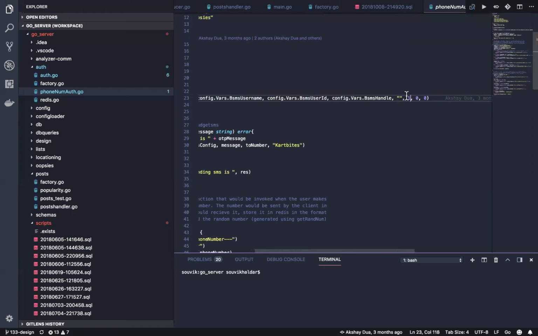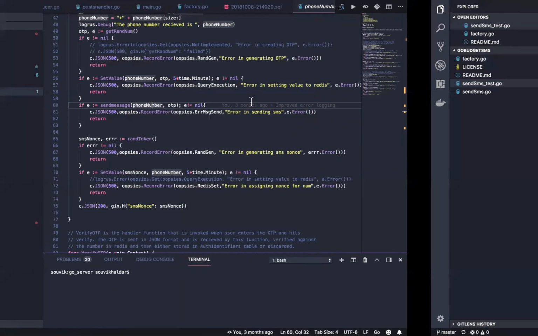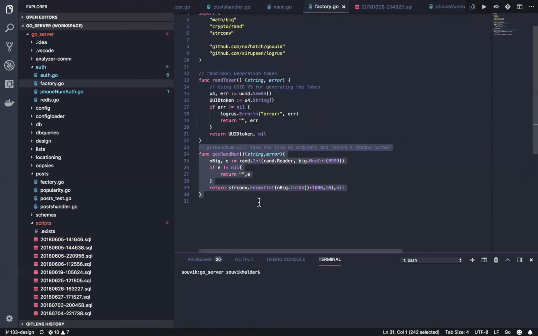Okay. Now, any questions? Souvik, can you go to your random number generation functions again? Yeah, here. This one. Do you think it's concurrently safe to generate random numbers like this?